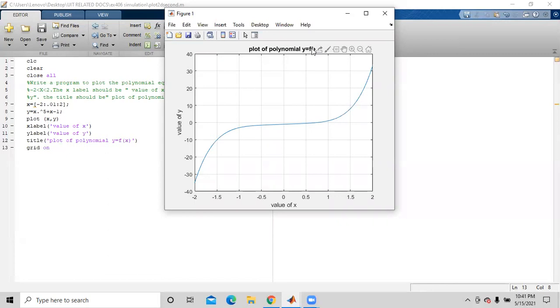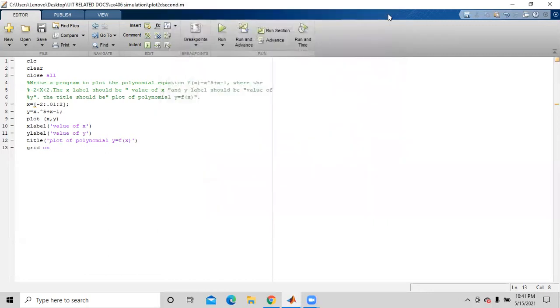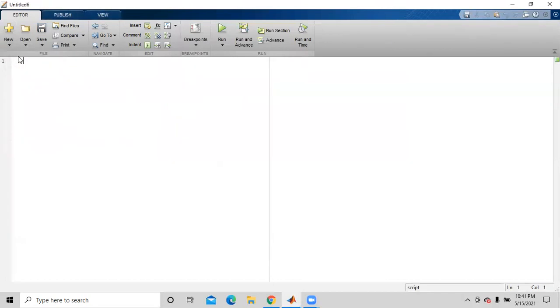Other than that, if at all you want two graphs to be present on your single graph, you want to study something, for instance, we want the graphs of two functions to be present on our screen. So what you will do in that case? For that, I will just close this one, or even I can open a new script from here itself. Another will open up. clc, clear, and close all.